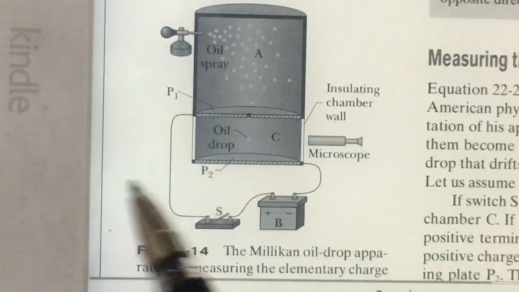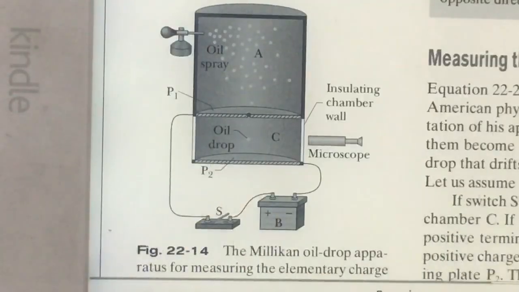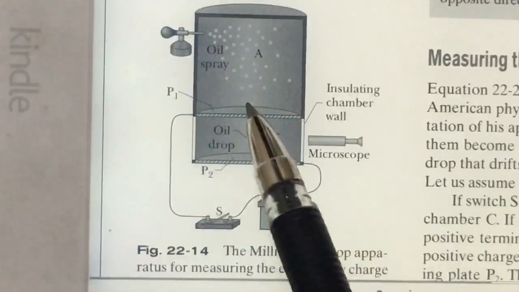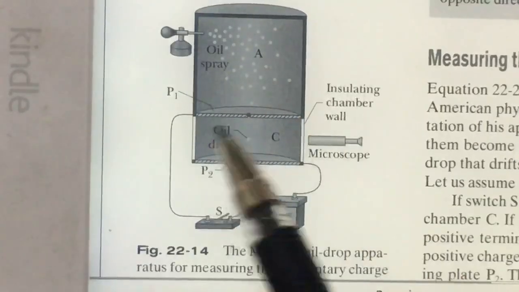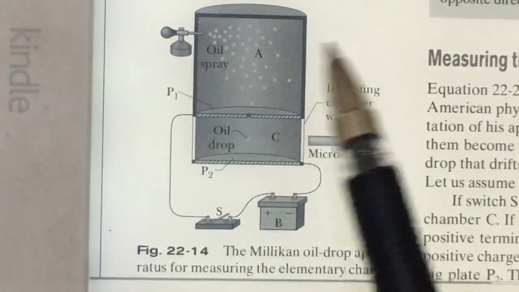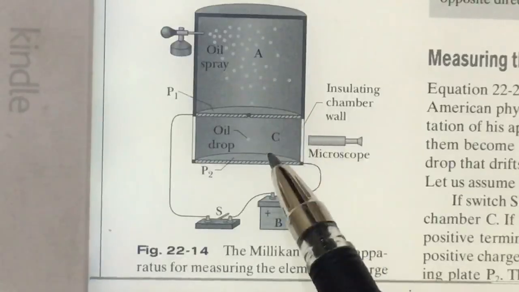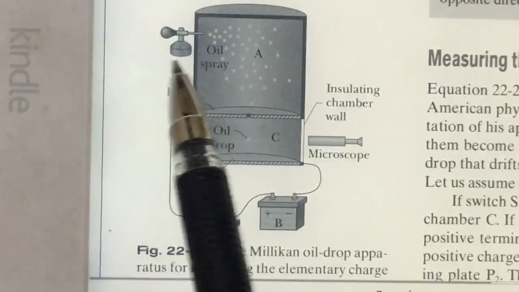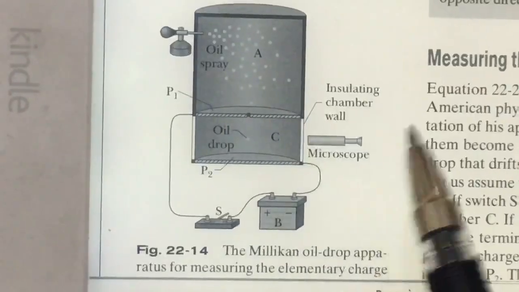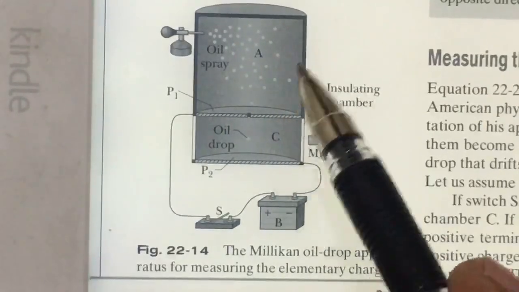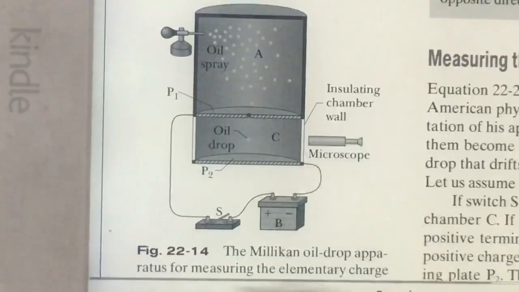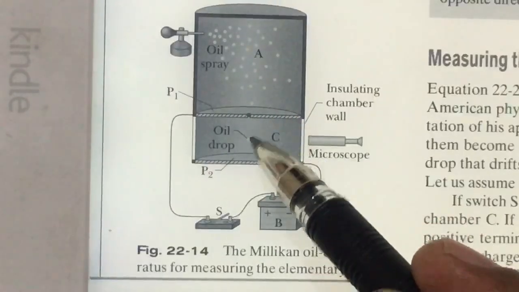This is the method used by the physicist Millikan. He used a chamber. It was partitioned into 2, chamber A and chamber C, and in chamber A he sprayed some oil droplets, and after a certain time 1 oil droplet was allowed to enter